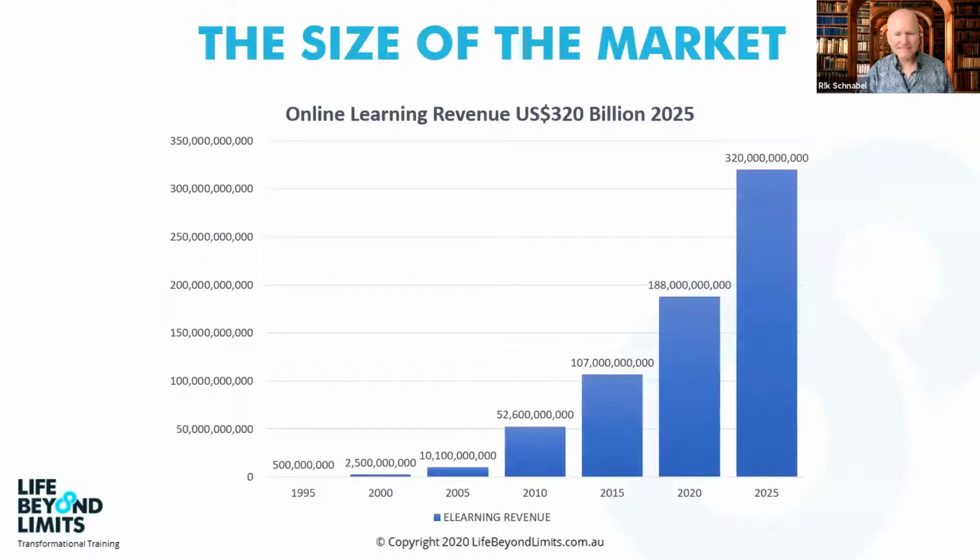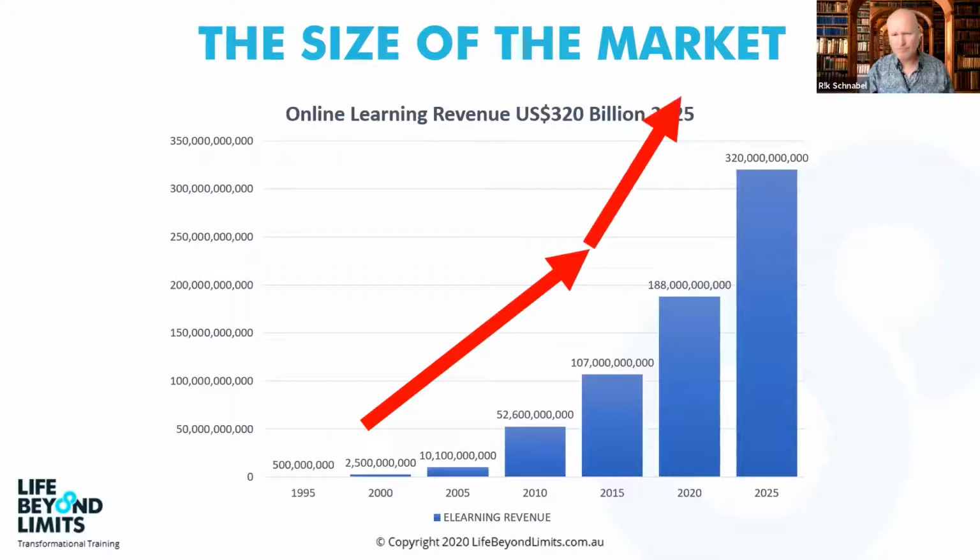So here is the size of the market. This was back in 2017, and they estimated that in 2020 the market would be worth $188 billion. By 2015, it was 107. So there was a big increase to 188 was their projection. And their projection for 2025 was 320 billion, and we're talking in US dollars. So what we can begin to see is a bit of a spike going on. And this was prior to COVID. Now, my guess is this market has changed completely and grown enormously.